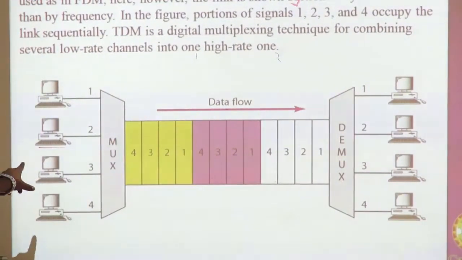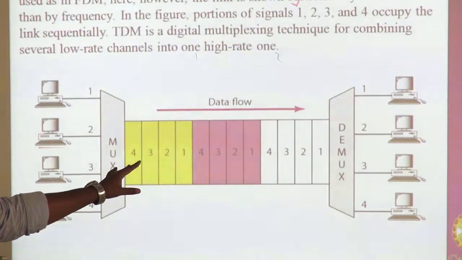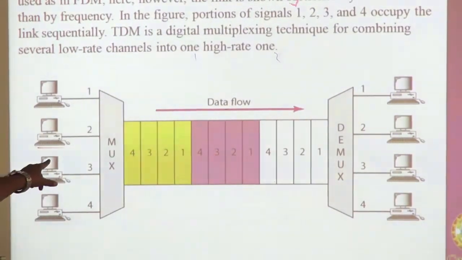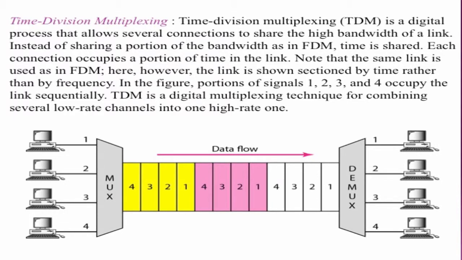So for sender 1, the channel gives 3 slots, and this applies to sender 2. Sender 2 also has 3 slots. You can think one is white, one is purple and another is orange. So 3 slots for each one. Sender 1 has 3 slots, 2 has 3 slots, 3 has 3 slots and 4 has 3 slots. In their slot they are going to send the data. They will wait for their slot. When their slot comes, they will send the data.